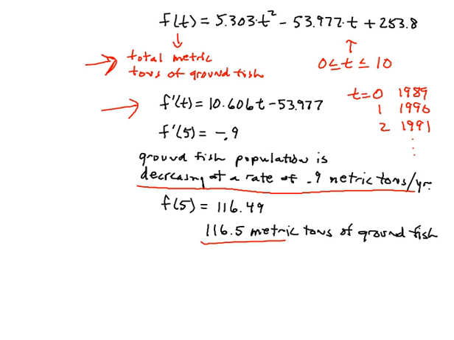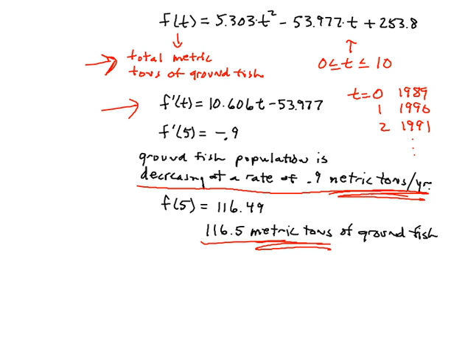Notice the units. The units are metric tons for the original function. For the derivative function, it's metric tons per year. It's a rate. The derivative is calculating a rate of change. How fast is the population changing? So again, at the beginning of 1994, I have 116.5 metric tons of groundfish, but that's changing at a rate of almost a metric ton per year